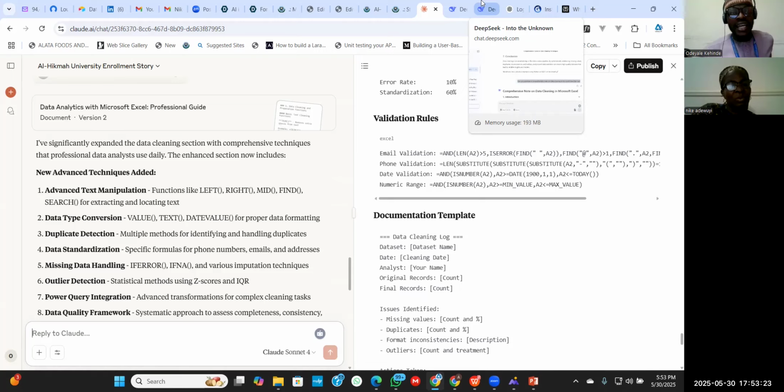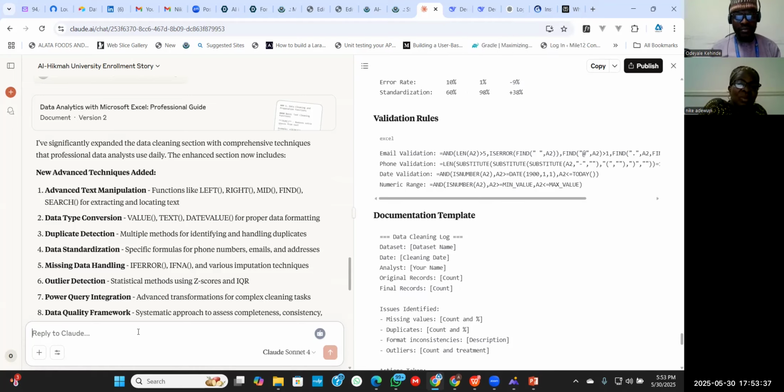AI can do that, and it will give you the references to check, maybe on Google Scholar or ResearchGate. So it will generate it for you. So like now, if I say, can you review?